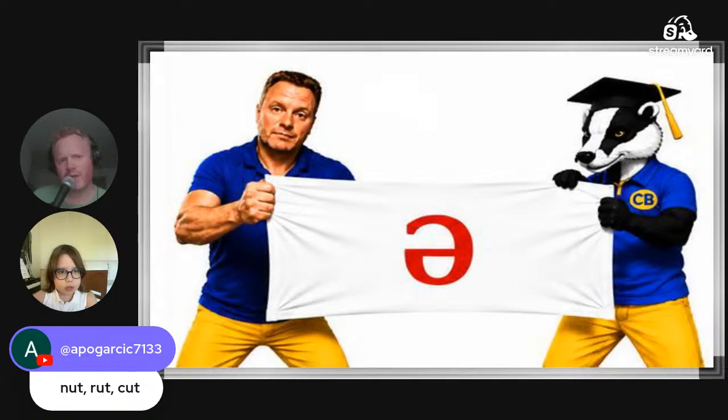Can't remember this one. This is a weird looking one. It has its own name. One more time. Yeah, you have to be very precise because we have 20 different vowel sounds in English. This is actually the most common vowel sound in English and it has its own name. It's called schwa. And it's pronounced like this. Okay, and can you give me a word using it? Water. Yeah, there we go.